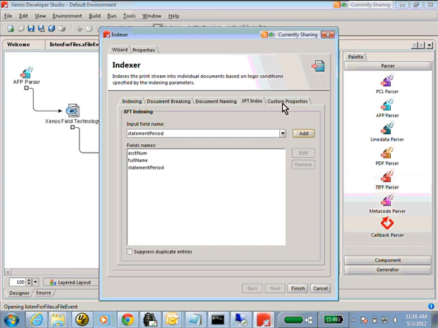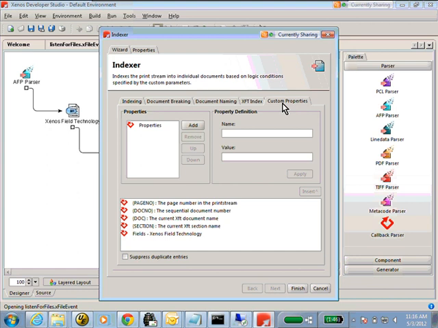Over in the custom properties, this enables us to index based on additional properties that might not actually be within the document itself. So I'm just going to use the document number, but we could also put in constant values if we wanted to, or use field sections or whatever else. We have our own internal format here for the file name, and this is what's going to show up in P8. I'm just going to use the document number .pdf. I'm going to apply that, and that's going to get added.